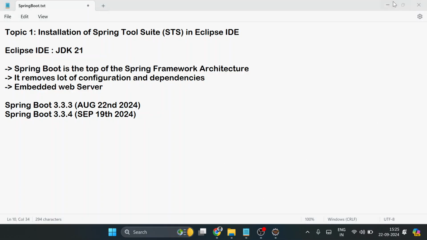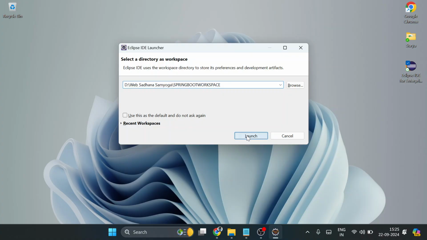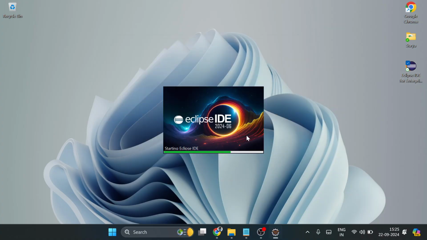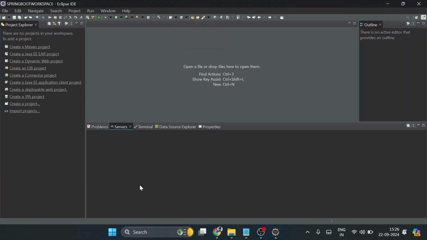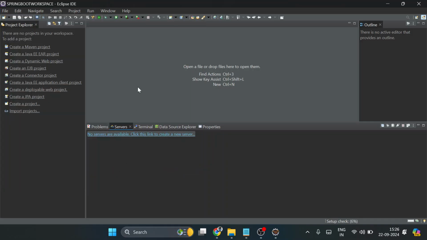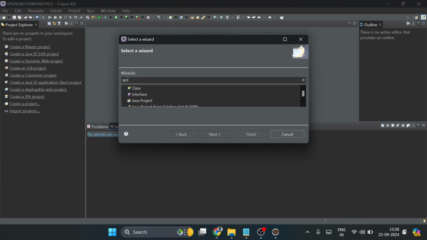Now my Eclipse has restarted. So let me open the same folder, which is Spring Boot. Now what I'll do is show you a simple Spring Boot project creation. See, I didn't add any server as of now. So now go to File, go to New, choose Other, and in the search bar type